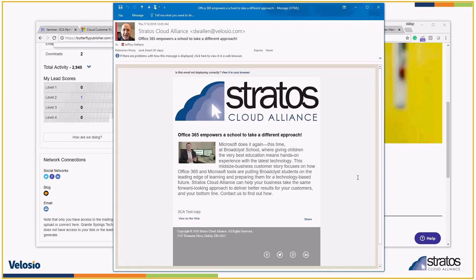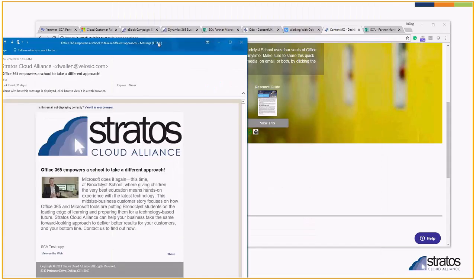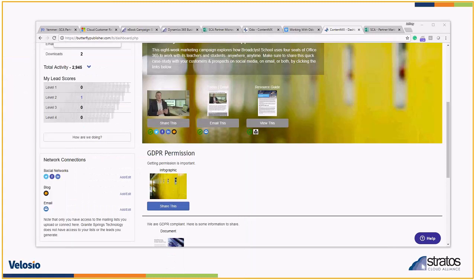It allows you to publish content to your channels. And it's a great way to leverage content created by people that are contracted by Microsoft to enable partners to be successful. It's pretty powerful stuff.